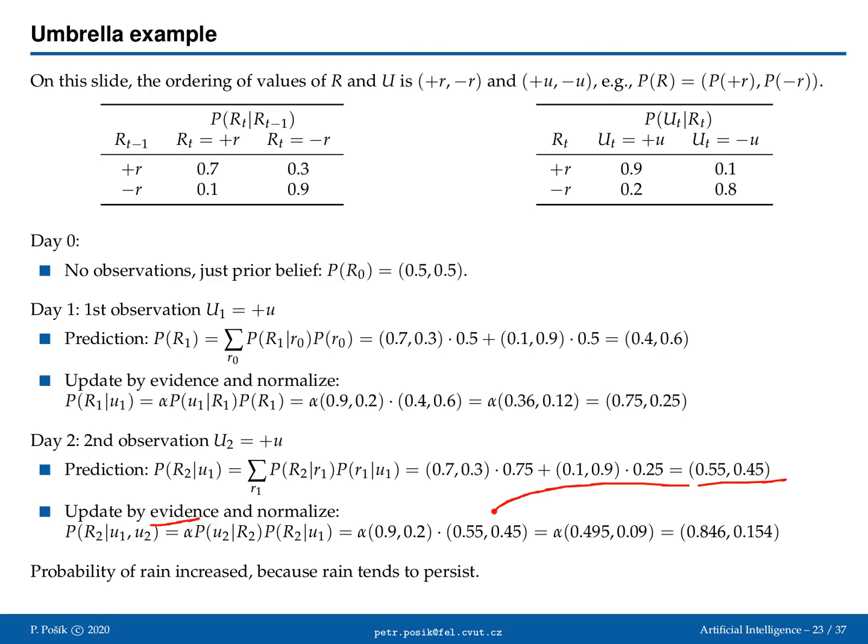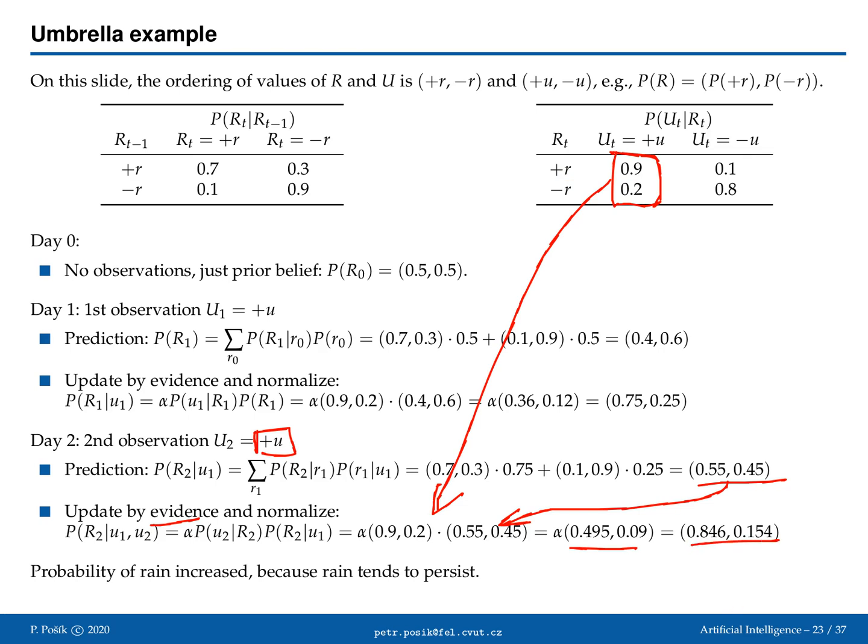You can again use this current belief in the computation, together with the distribution that corresponds to the real observation. Your current belief, you know that your boss brought an umbrella on day 2, so that's this column basically. You will use this column here, and you multiply by items, you renormalize, and you get your new estimate